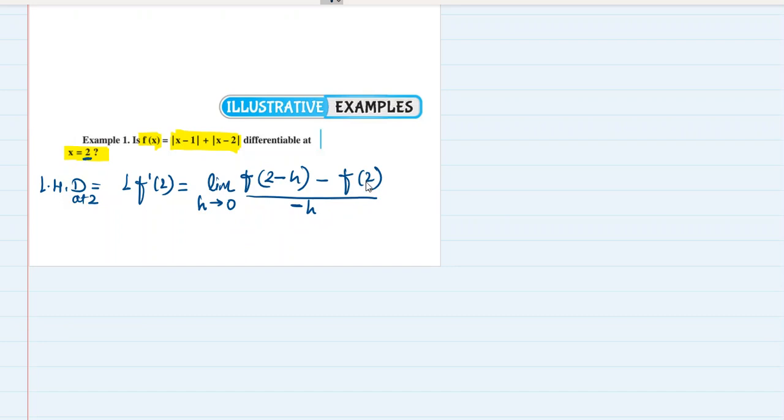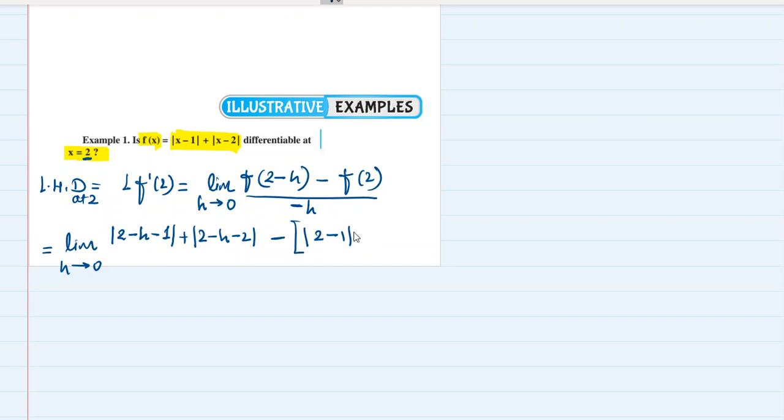It will look like this: limit when h tends to 0 of mod of 2 minus h minus 1 plus mod of 2 minus h minus 2, minus f of 2. F of 2 means mod of 2 minus 1